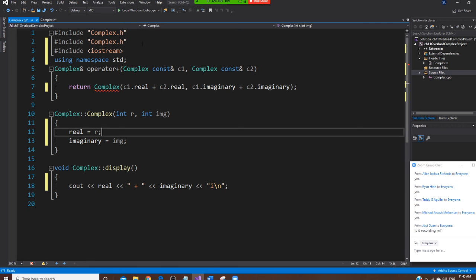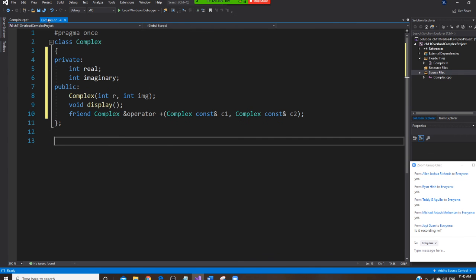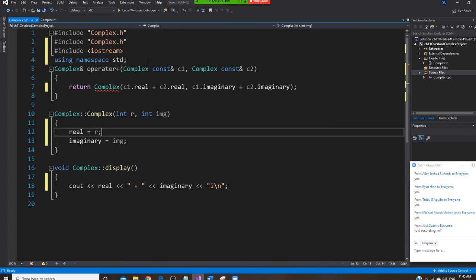So I already have a complex right here. Oh, I already have complex.h right here already. So let me